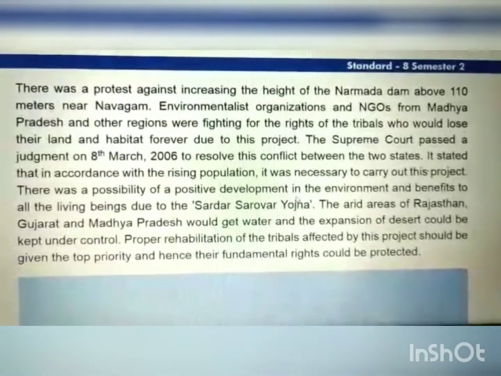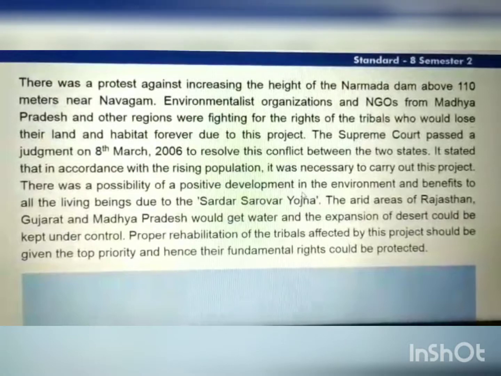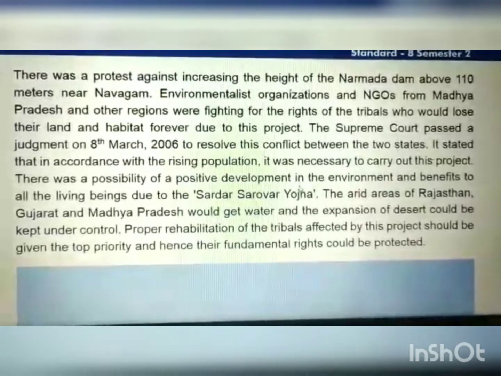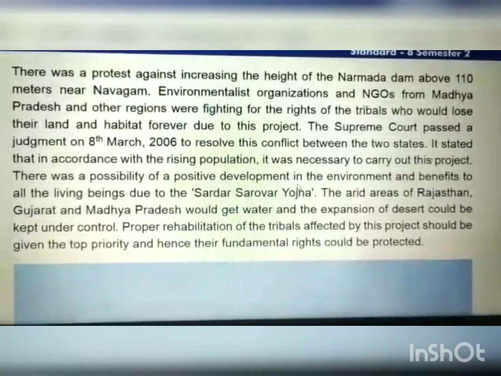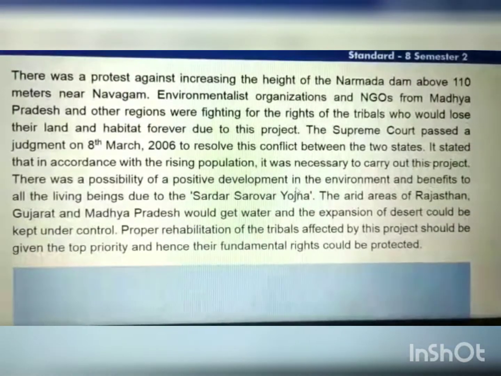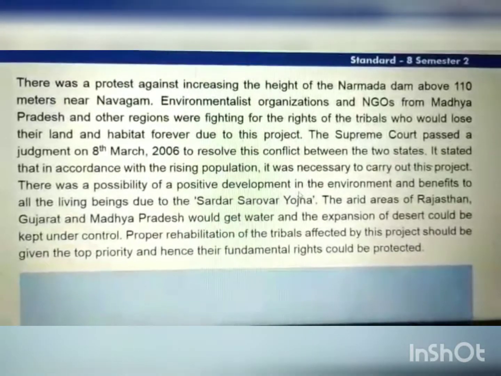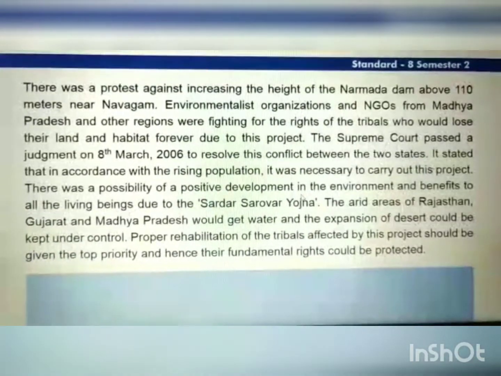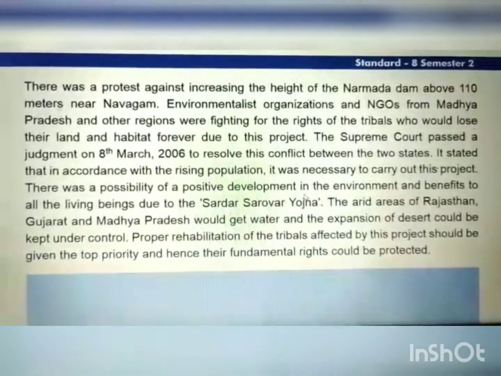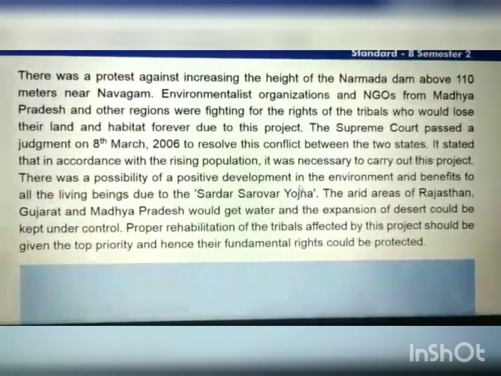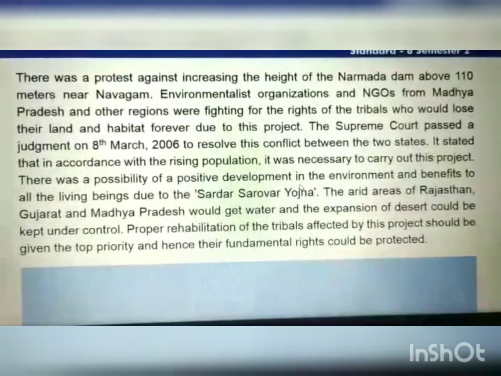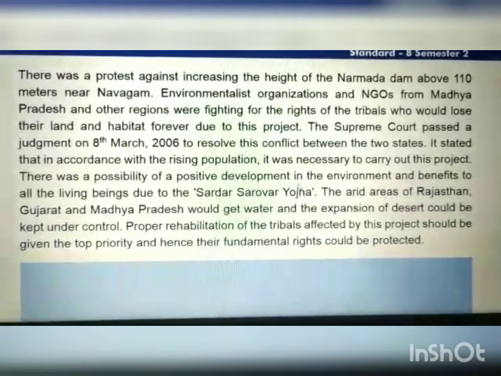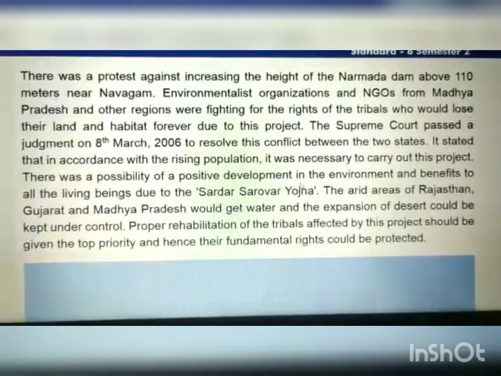There was a protest against increasing the height of the Narmada Dam above 110 meters near Navagam. Environmentalist organizations and NGOs from Madhya Pradesh and other regions were fighting for the rights of the tribals who would lose their land and habitat forever due to this project. So when the Narmada Dam was being built, some people were opposing it, because the height of the dam was 110 meters and above, in Navagam, Gujarat. The people taking care of the environment, some organizations taking steps towards protecting the environment, and the NGOs which were helping the tribal people of Madhya Pradesh,